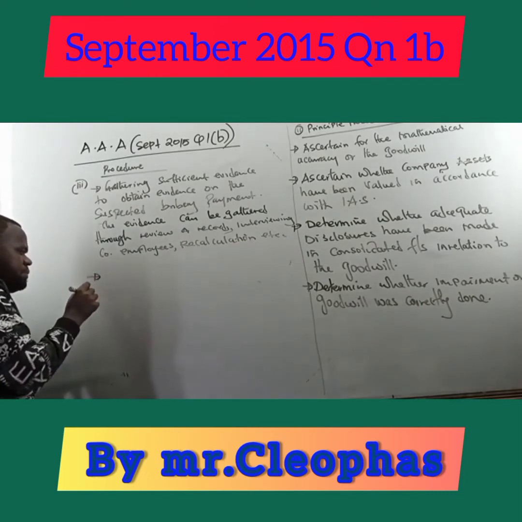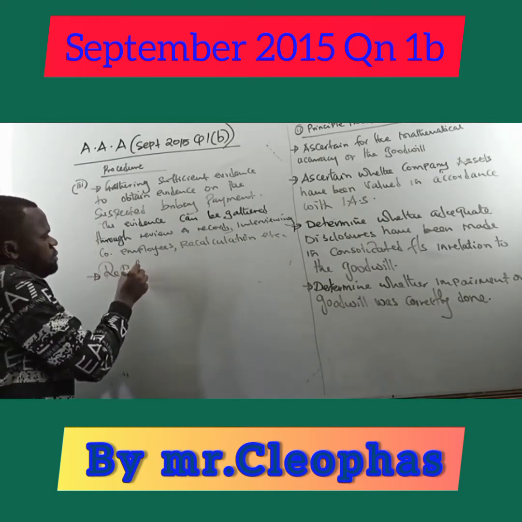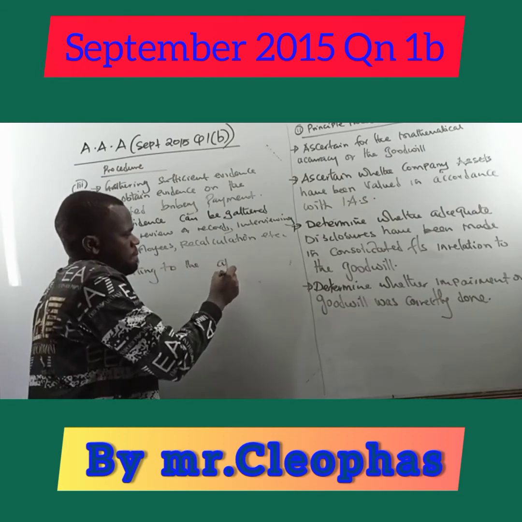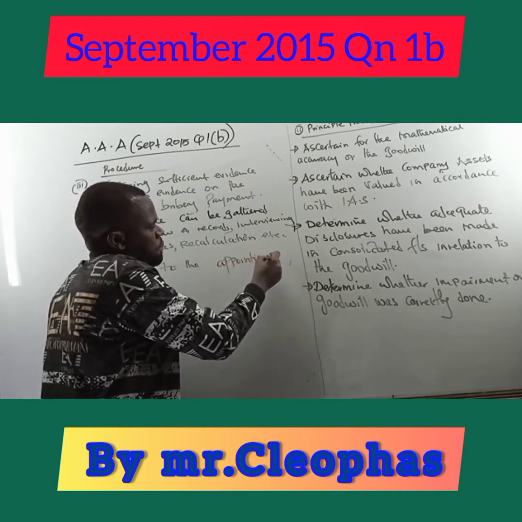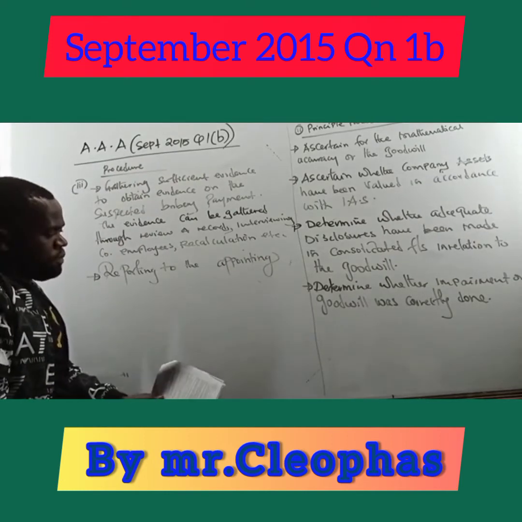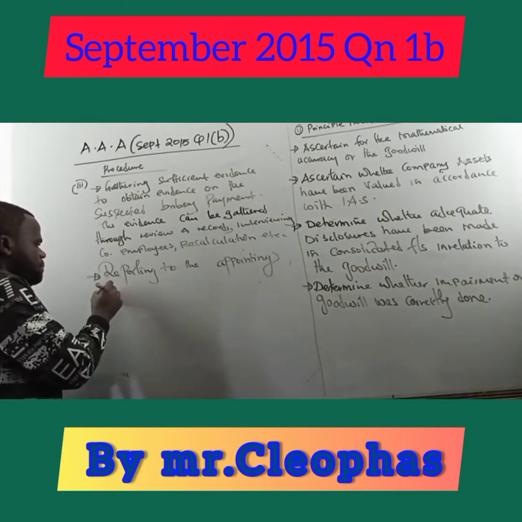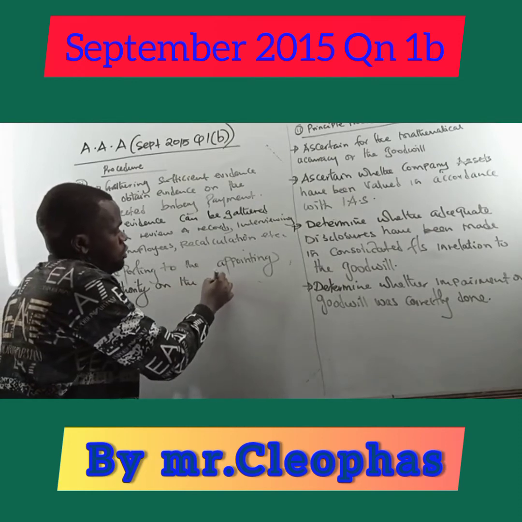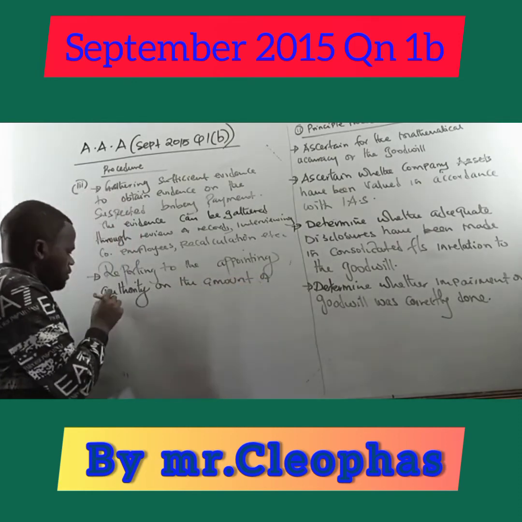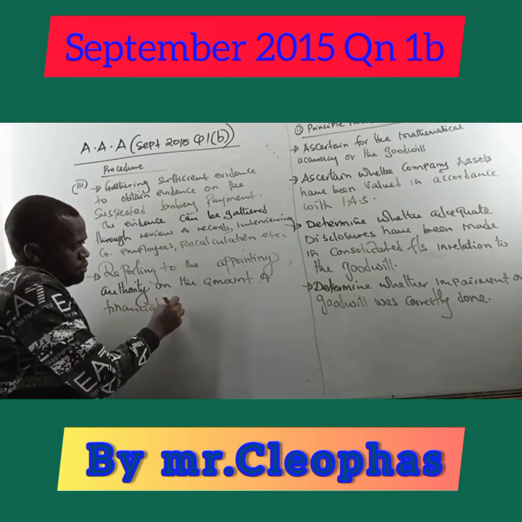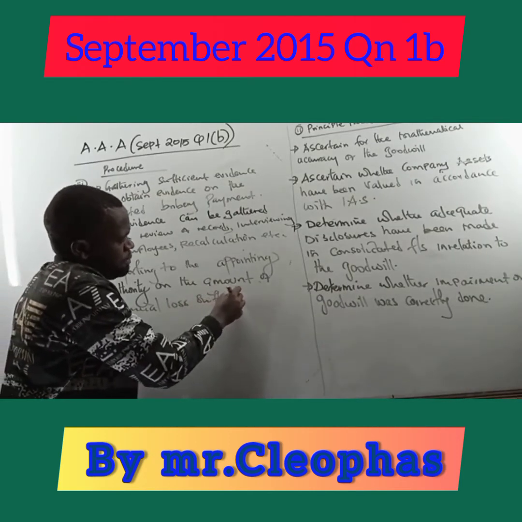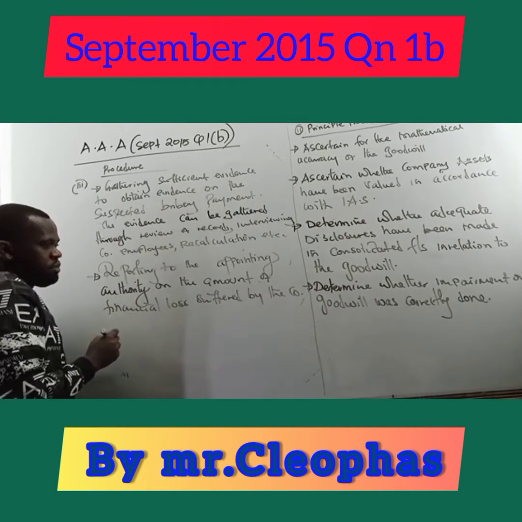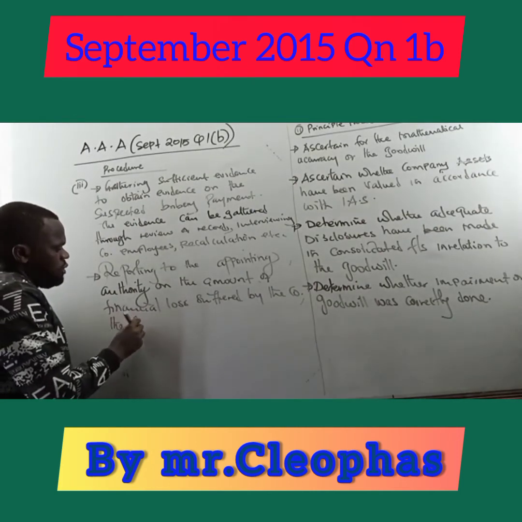Another procedure or another thing I should do is reporting to the appointing authority, on the amount of loss suffered, the amount of financial loss suffered by the company, the fraud scheme used,